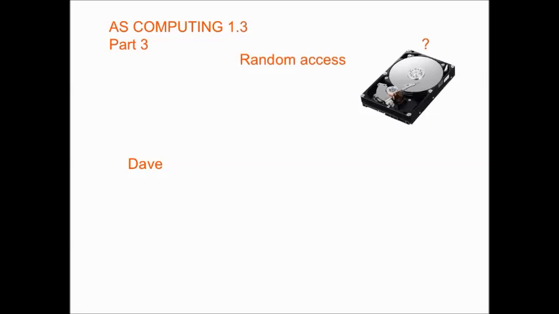The last type of saving data and accessing data we have to look at is known as random access. This is the fastest way of saving and retrieving information, but is technically the most complicated. For AS, you only have to know that it takes the actual piece of information, performs a sum on that piece of data,